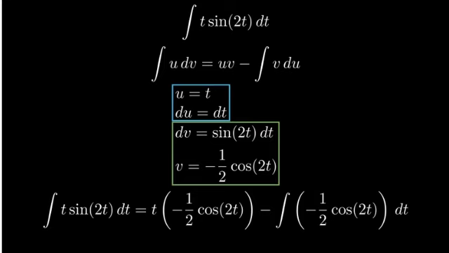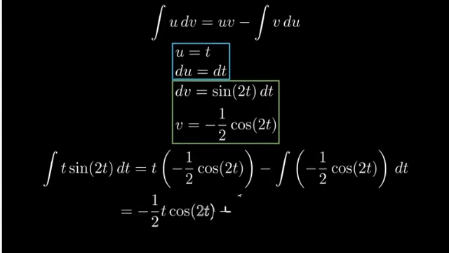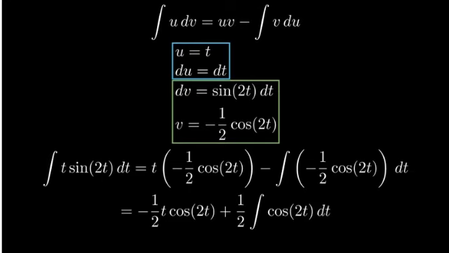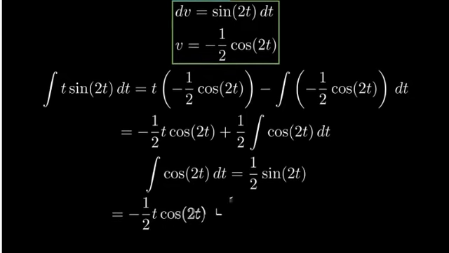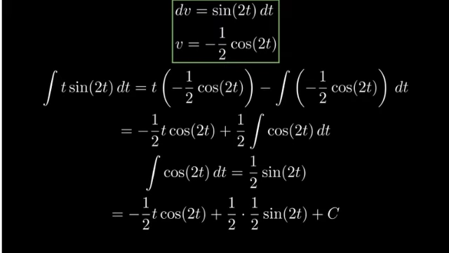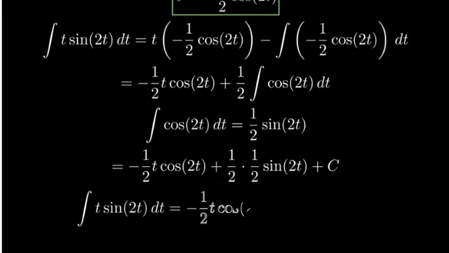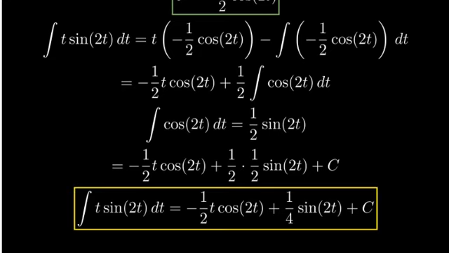Let's simplify this expression. We can write this as negative 1/2 t cosine of 2t plus 1/2 times the integral of cosine of 2t dt. Now we need to integrate cosine of 2t. The integral of cosine of 2t is 1/2 sine of 2t. Substituting this back into our equation, we get negative 1/2 t cosine of 2t plus 1/2 times 1/2 sine of 2t plus C. And simplifying our final answer, we get negative 1/2 t cosine of 2t plus 1/4 sine of